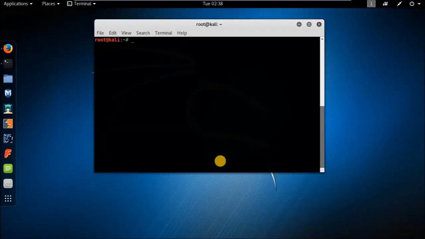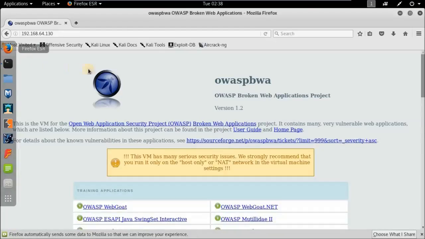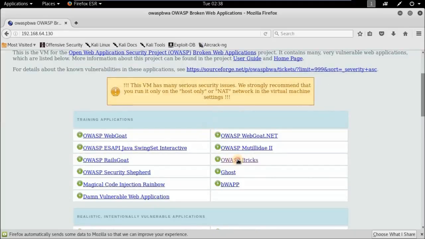In this case, I am going to exploit the SQL injection vulnerability. At first, I will confirm whether the web application is really vulnerable or not. So just start browsing the web application. In this case the target is OWASP BWA, the Broken Web Applications total vulnerable virtual machine. So I will simply browse and see if a vulnerability is found or not. Move to the OWASP Bricks,